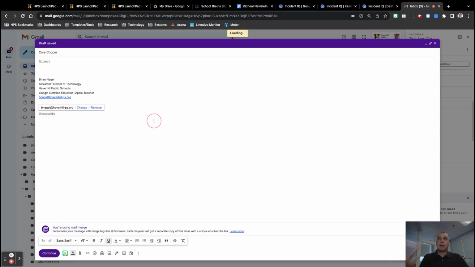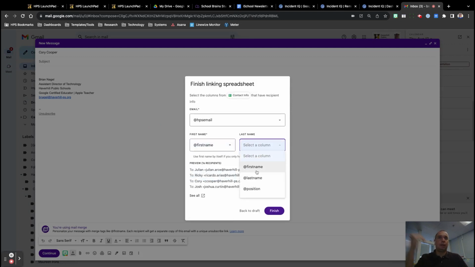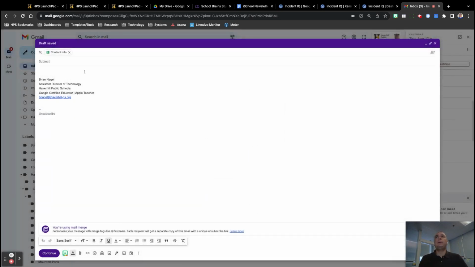And when you first attach that spreadsheet, it says, okay, in that spreadsheet, which column has email, and which column relates to somebody's name. And so it's going to find any of those labels at the top of your spreadsheet, and you can bring that stuff in here now. And what's great about this is that not only does it pull in all the email addresses in there in terms of who to send it to, but now we can take advantage of those merge fields as we're typing a message, just simply by typing the at symbol.